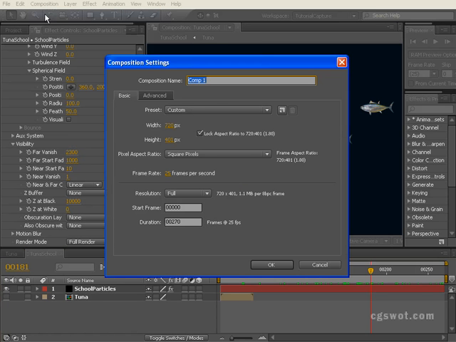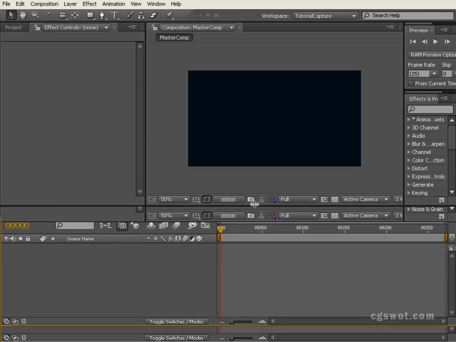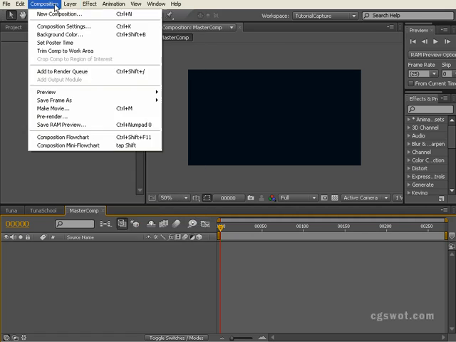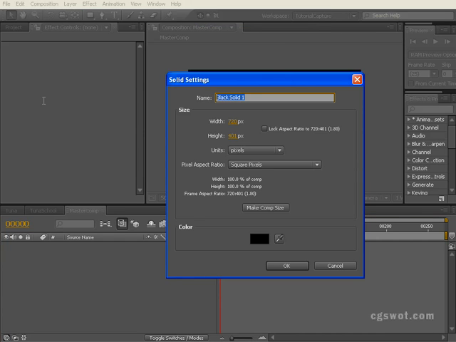Let's bring up a new composition. I'm going to type master comp, and we'll leave that same 720 by 576, square pixels, 25. Click OK to that, and the first thing we need to do is create a background. So we'll select layer, new, solid, we'll call it BG,